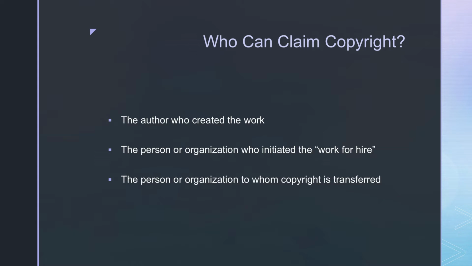And finally, the person or organization to whom copyright is transferred. There are all kinds of foundations and trusts that have been created by authors and authors' families to hold copyright after that length of time has expired. And you can think of a dozen different authors off the top of your head who have organizations or people to whom they've transferred copyright because they've passed away. So their heirs get the copyright, their literary executors get copyright. It can be a challenge sometimes if you're trying to track down copyright after a person has passed away.